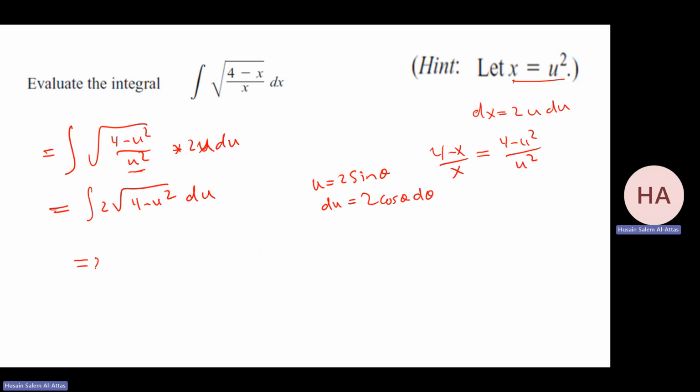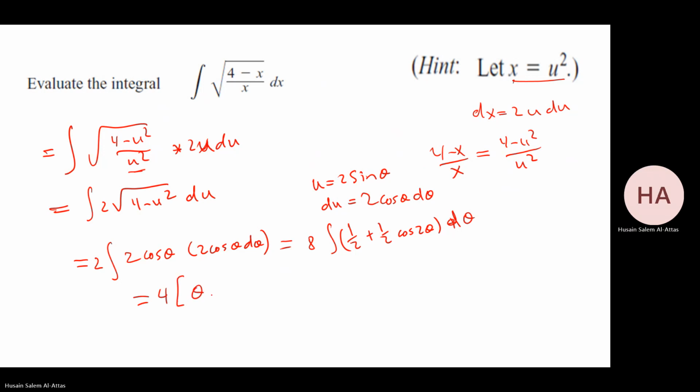That gives me 2 integral of what? 4, that gives me 2 cosine theta times 2 cosine theta d theta. Yeah, that gives me 8 cosine squared, which I have as half plus half cosine 2 theta plus c, d theta, I mean. That gives me 4